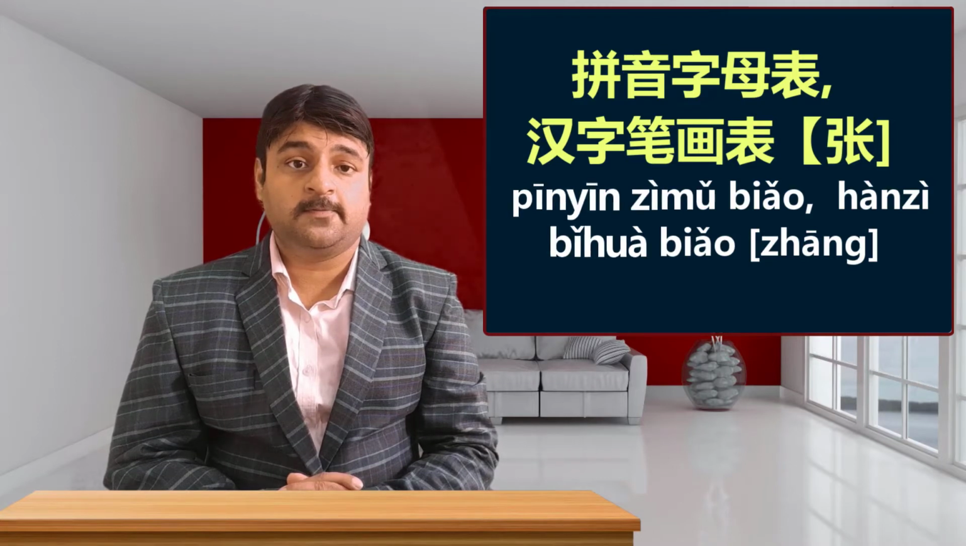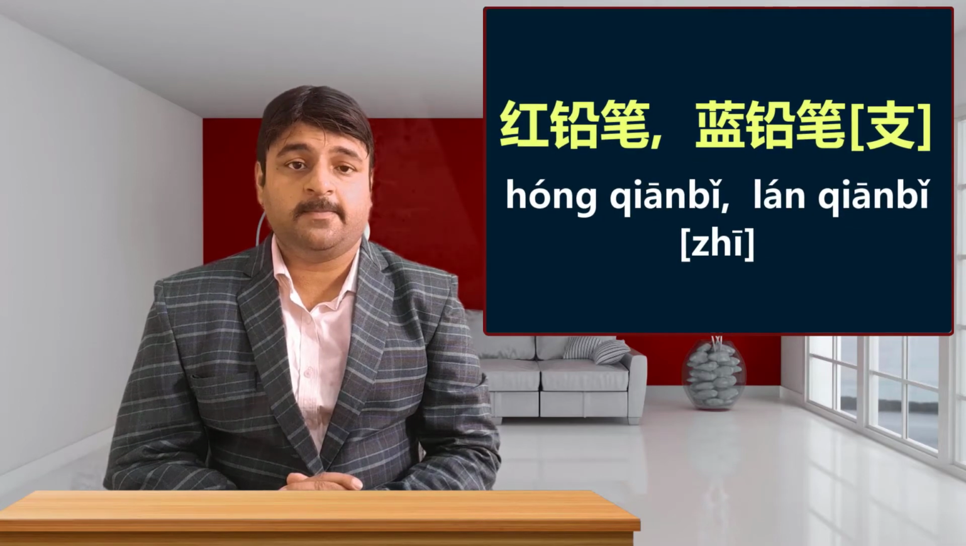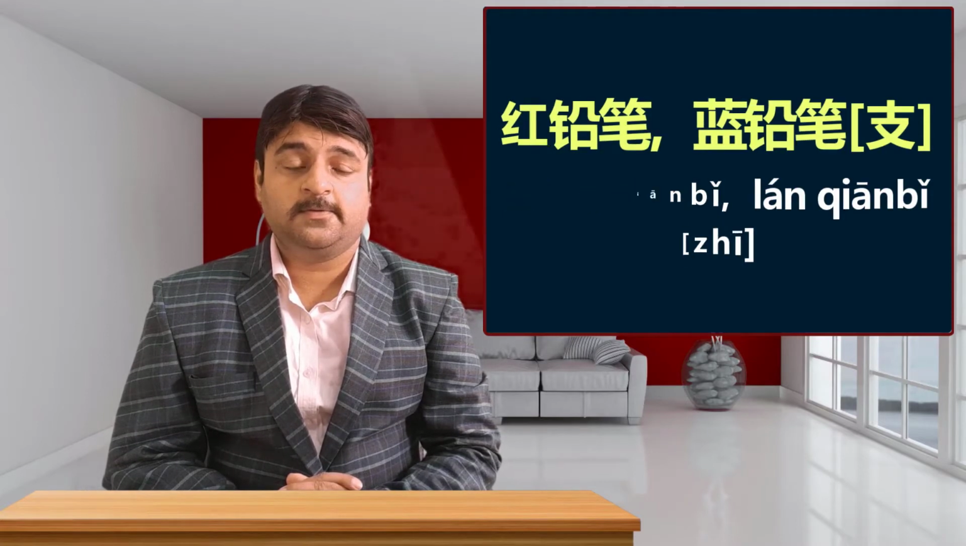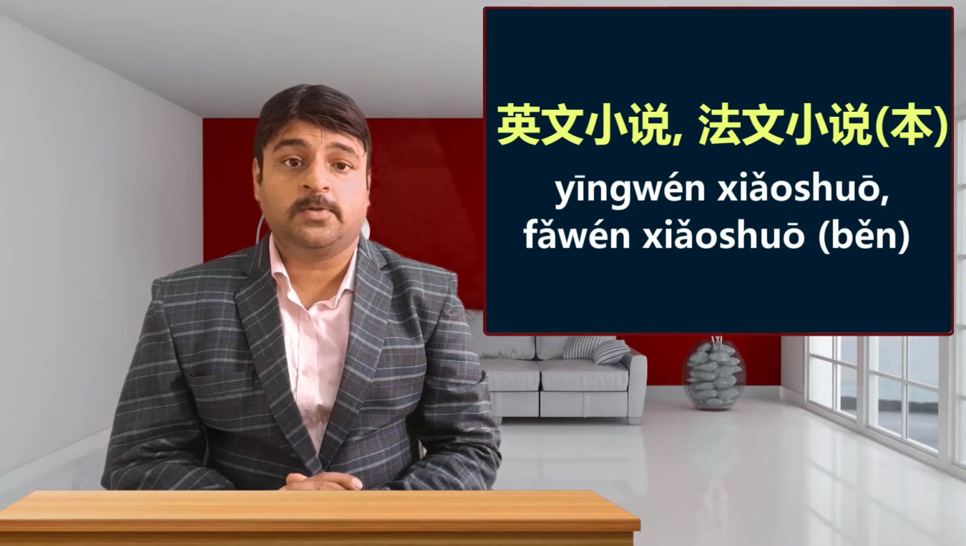Moving on to the third word in the box, let us have a look at the following two words. 红铅笔, a red pencil. 蓝铅笔, a blue pencil. Moving on to the last words. 英文小说, 法文小说, an English novel and a French novel. Other than an English novel, I also have a French novel. Moving on to the next substitution drill, let us have a look at the following